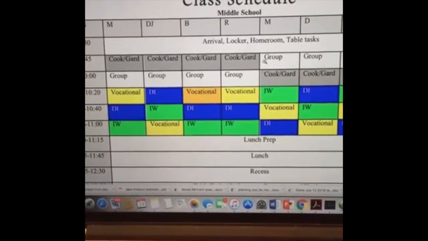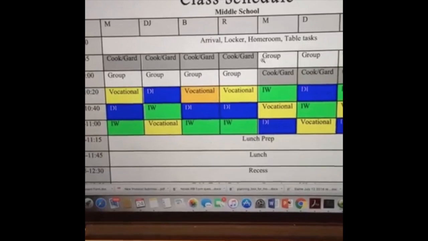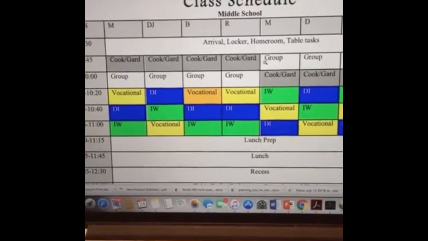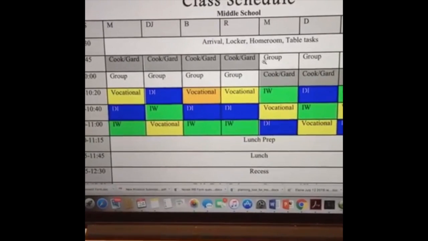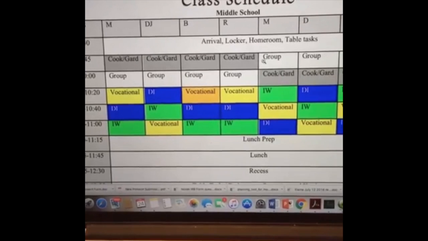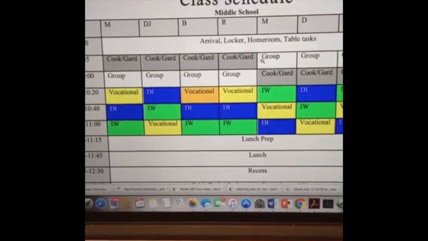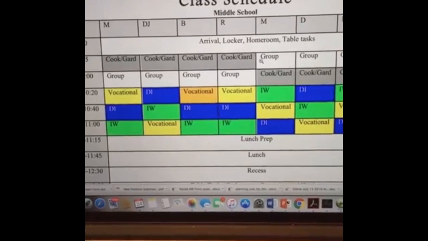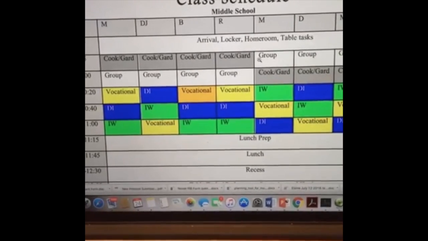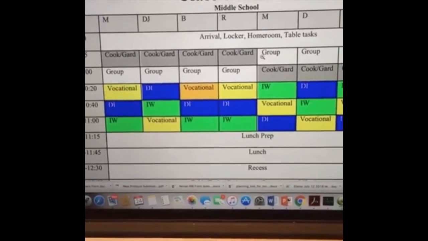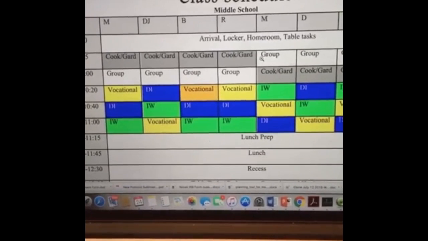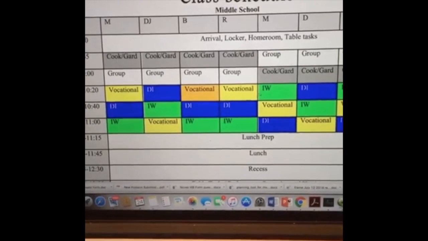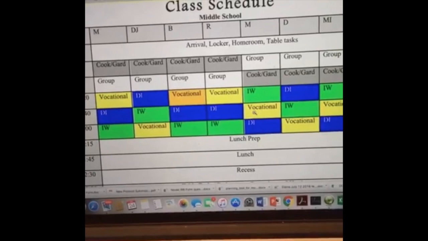So we had kids, when we went through their IEPs, we realized we're not going to be able to have all of these kids in a group. It's just going to be not enough people. It's going to be too many people, too much waiting. They're not going to be able to manage it. Some classes could, this one couldn't. So we divided their morning group up so that half did either cooking or gardening and half did morning group, and then they switched. And then we went into a center rotation, and that's really the focus of tonight's blog